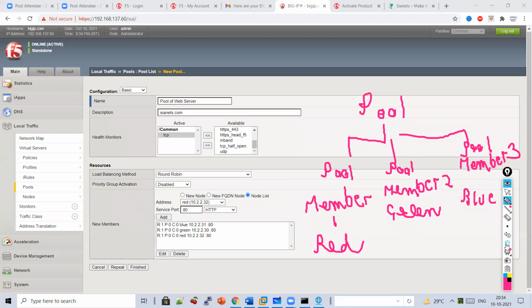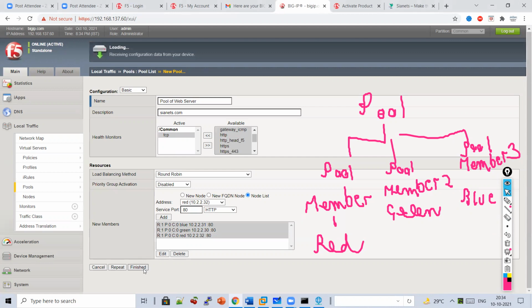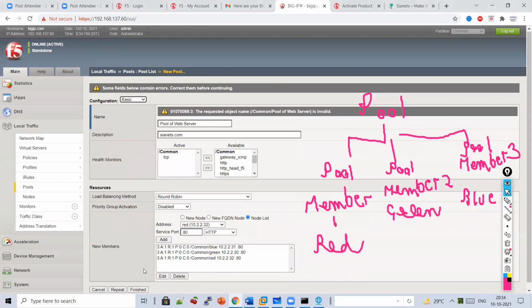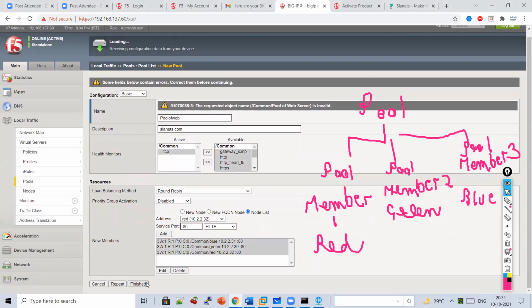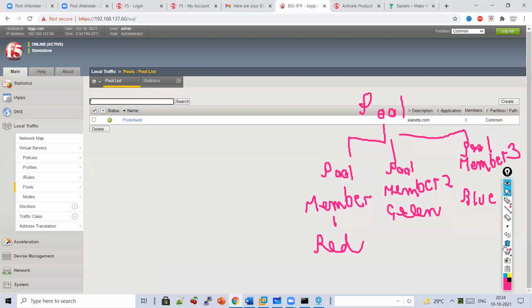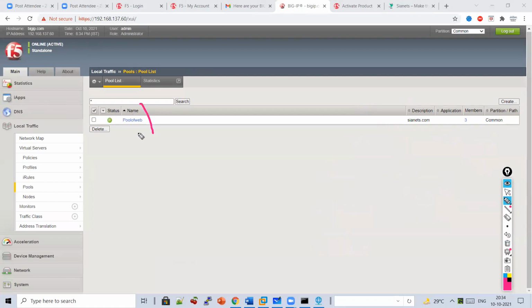So I will just go and finish. Name generally does not matter, so I will just say pool of web. Description. So guys, can you see this, how it came green? Green means the server is up and working.